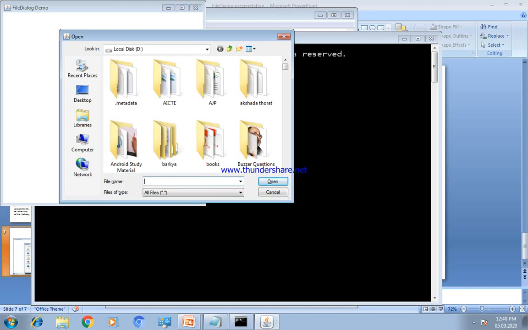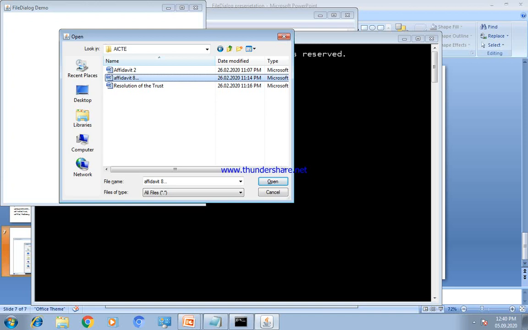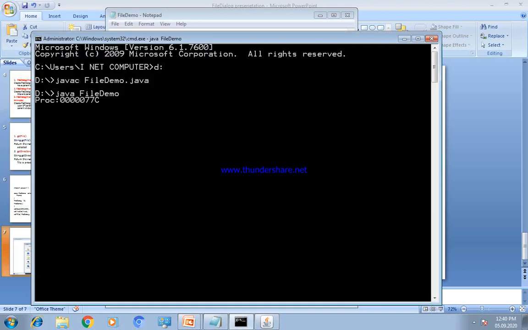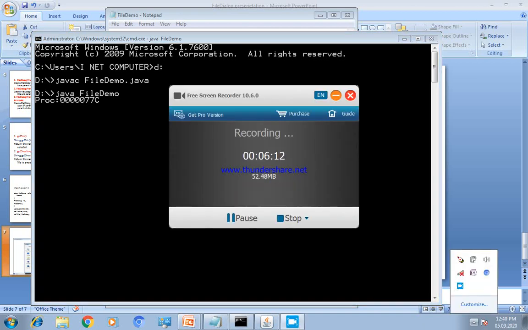So see here, the title bar appears with the name File Dialog Demo, and "Open", which we gave to the FileDialog constructor, appears here. Now we can select any specific file through this file dialog. Okay. I hope that you understand this concept. I hope everybody understands, and you should write all of this topic and send me the notes of this topic as early as possible.